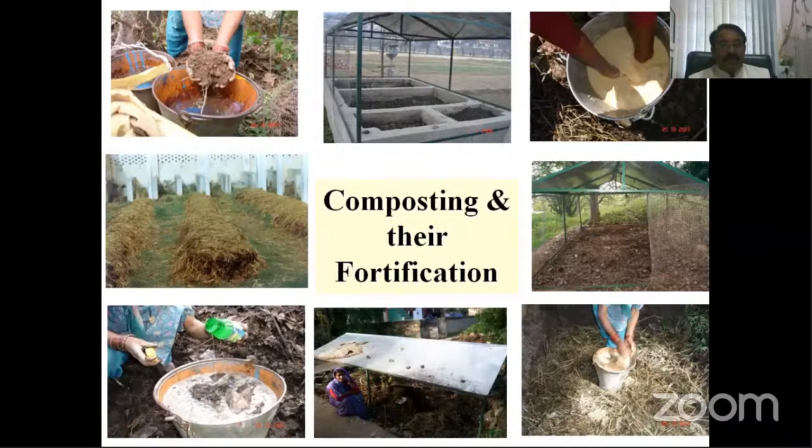It should not be simple heap making. This heap compost should not be used in the organic farming system, because before making the compost, it must pass through the thermophilic phase, then the mesophilic phase, then the fortification. So this three-way compost making is much more important under the organic production system. The compost you make for the conventional system will be different from the compost for the organic system. So for the organic system, keep in mind that the compost should be well decomposed, well rotted compost.